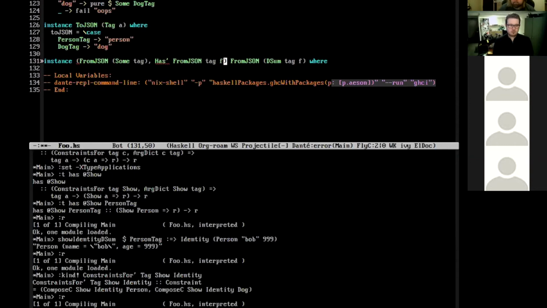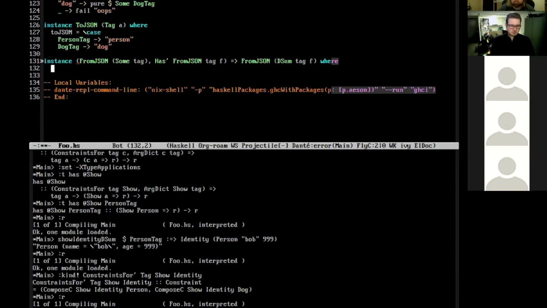So if we can parse some tag, and we can get a FromJSON instance for every FA that tag might want us to construct, then we can parse interdependent sums.